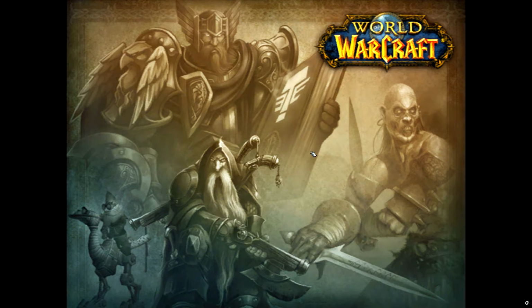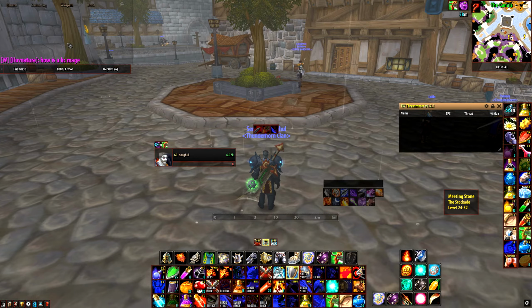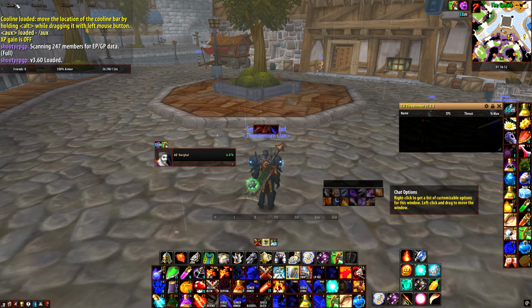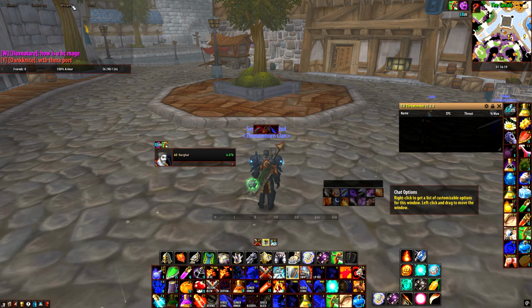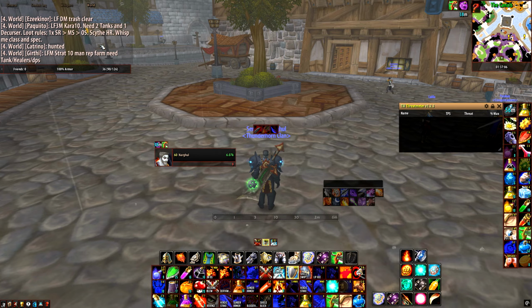what I like, as you can see, a friend of mine whispered me, how you like heroic hard mode mage. Over here I have general. This is trade, looking for group, etc, etc. This is combat log over here. These are whispers over here, and this is just for world channel. That's how I separated them